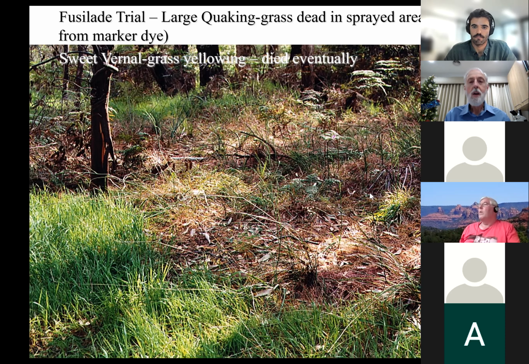What I've been told from others is that clethodim can take longer than Fusilade Forte, and Fusilade Forte is not a quick-acting herbicide. It does take a while before you see the results, but clethodim, according to most of my contacts, can be slower. Somebody in the afternoon group said they found that both of them are slow and they hadn't really noticed any difference in the delay between spraying and when you see the results. But the two big advantages of using a herbicide with clethodim as the active ingredient are,